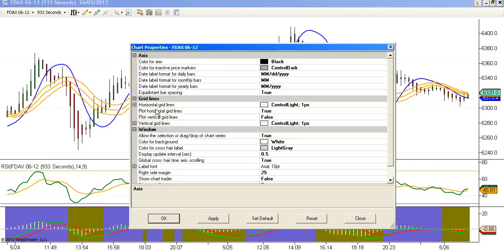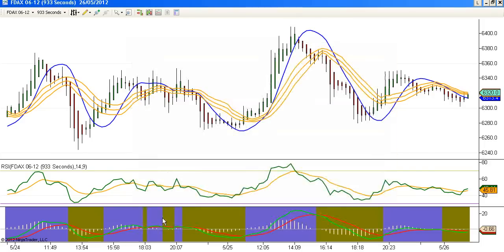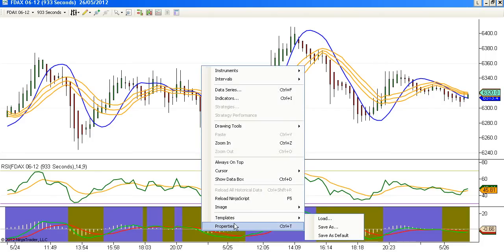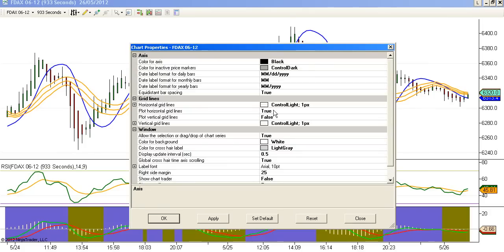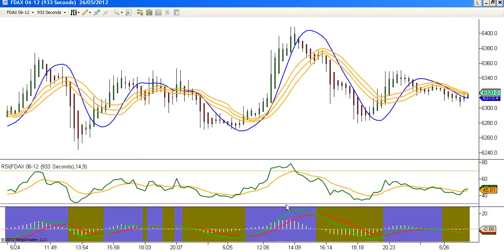Here the second panel, you will see vertical grid lines. Change it. That's all. If you do not want horizontal lines, you can remove them from the same place, properties, here horizontal line. Just hide it. Clean, neat chart, which is very important for a day trader who is following the charts.